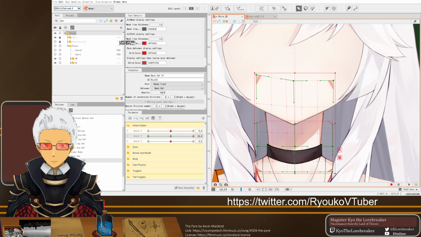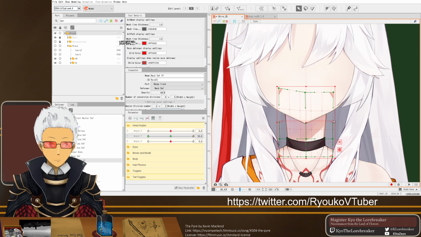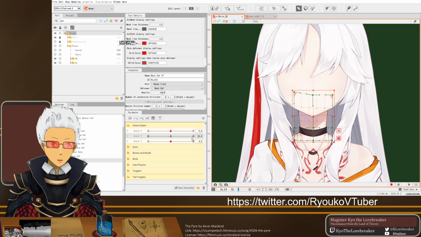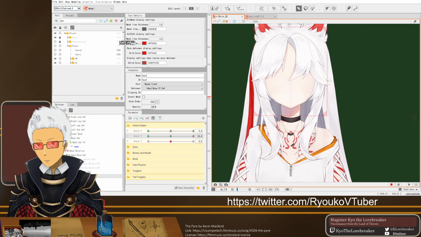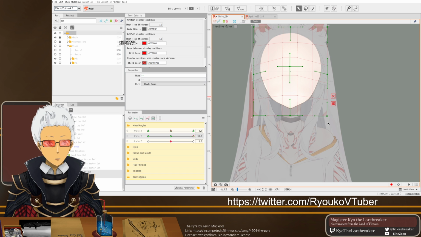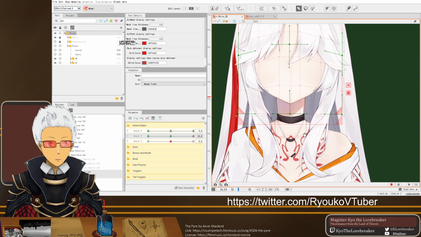Alright. So I'm not sure if this is the right approach now, because I feel like the neck is extending a little bit too high.